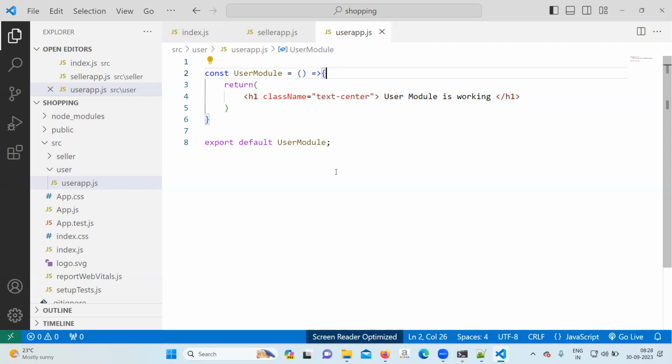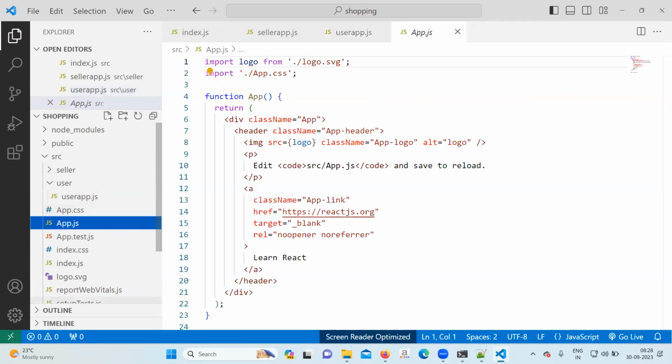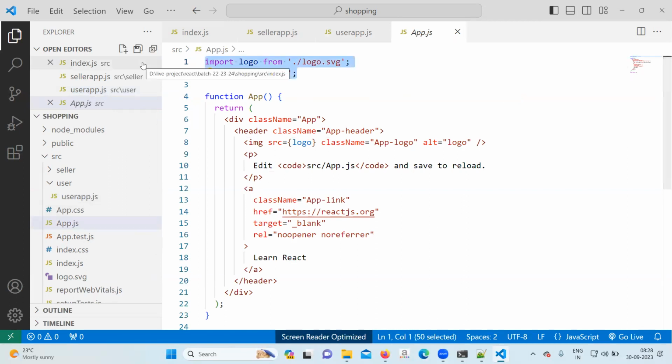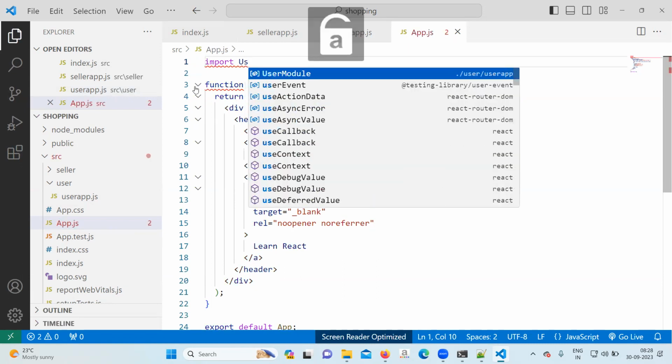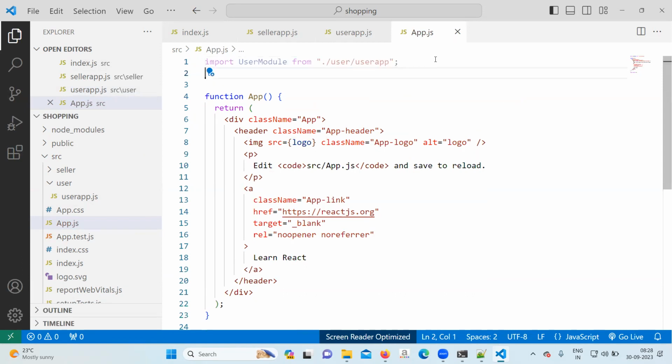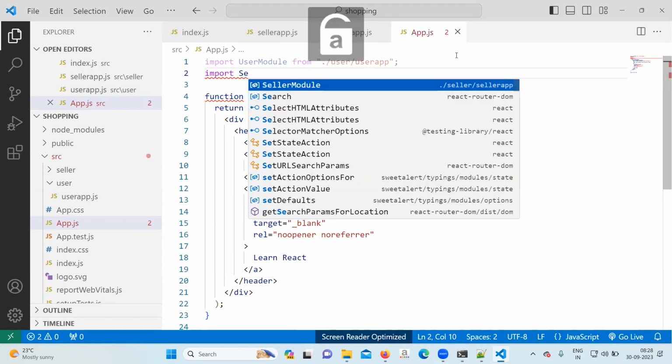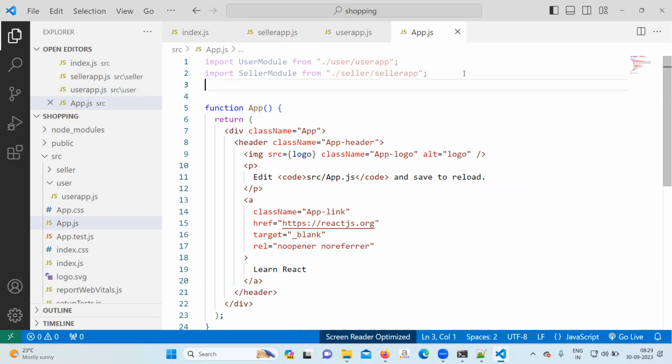In app.js, import both the modules: import the user module as well as the seller module.